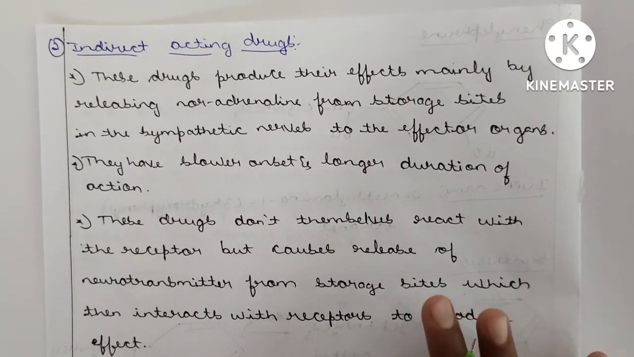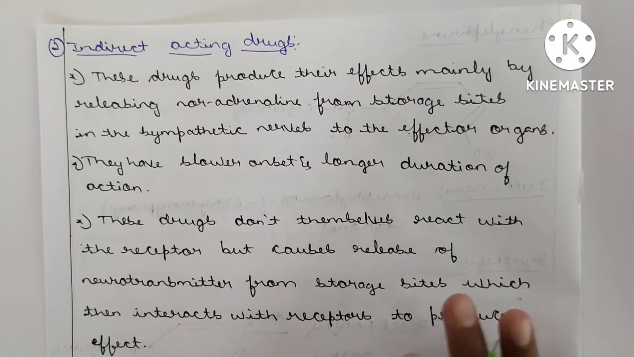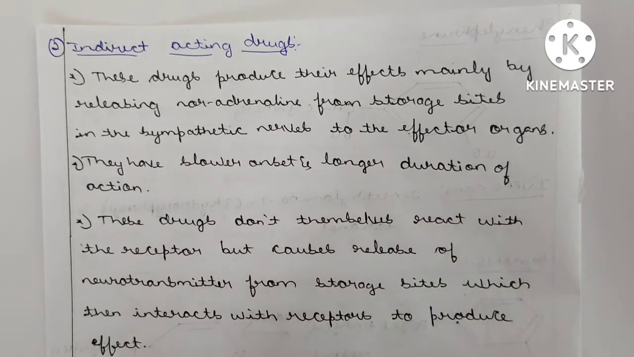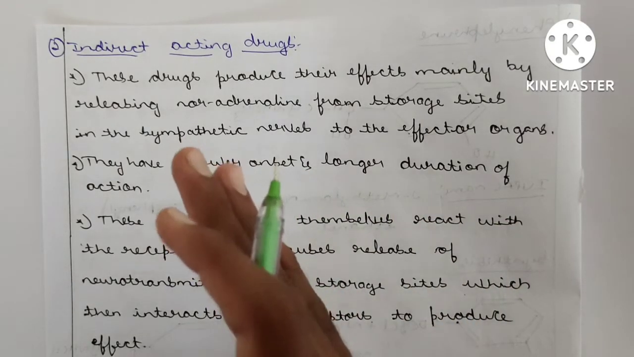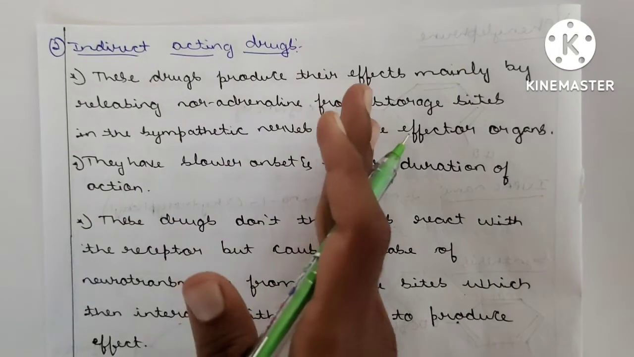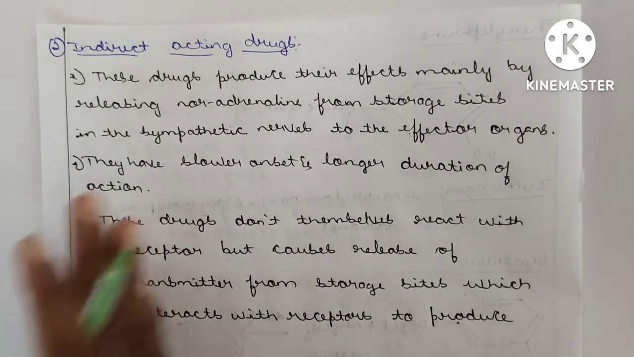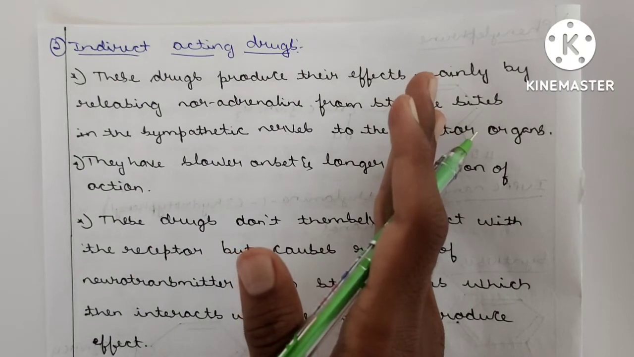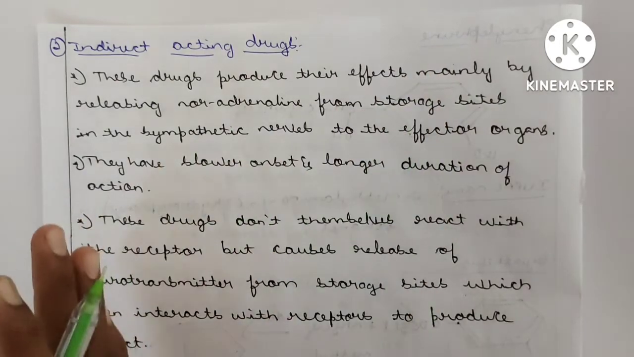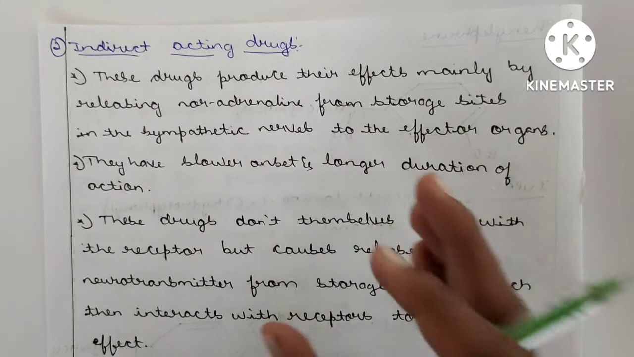receptor. Means these drugs don't themselves react with the receptors. No, they won't. But they cause the release of the neurotransmitters. What they will do, I have told you. These indirect drugs won't react directly like the direct acting drugs. They don't just go and act on the receptors. They go to the neurotransmitters and they will